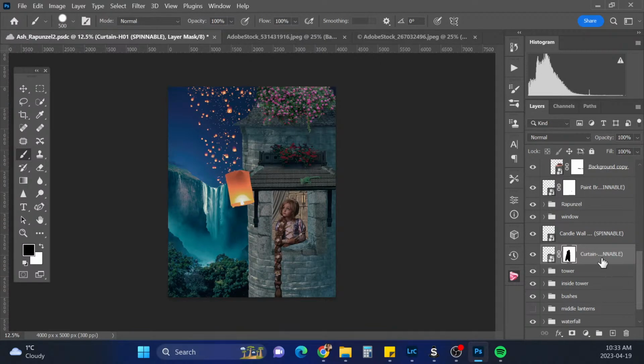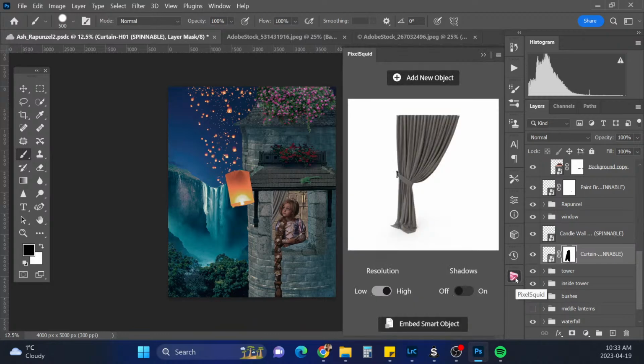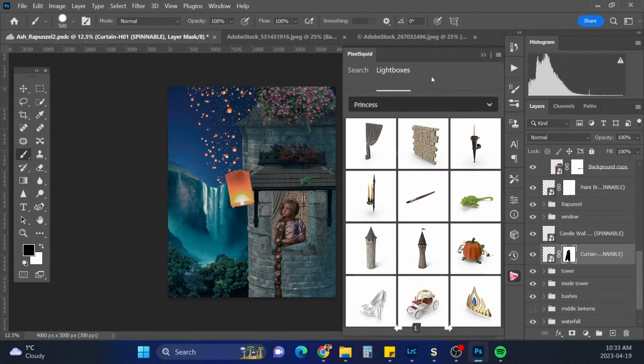Okay, curtains, candle. What else did I have in here? Let's see. I think that was it. I had 2 different candles, but I think I like the one there.